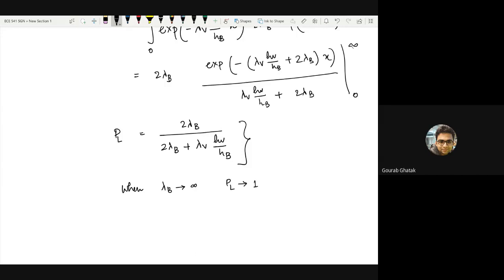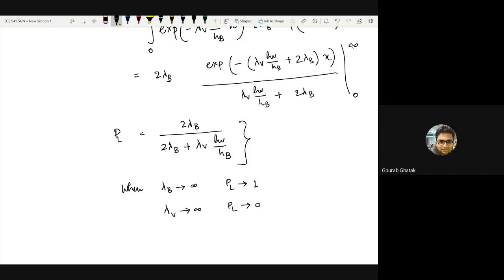This is fairly straightforward, because not only mathematically, numerator and denominator both go to infinite, and if you divide by lambda b on numerator and denominator, you get 1. It's also intuitively good, because when there are infinite number of base stations, you have a probability 1 of being in line of sight. When lambda s, or I think there was lambda s or lambda v, I don't know. Yeah, lambda v, I guess. Lambda s is probably mistyped. So lambda v tends to infinite, PL tends to 0.